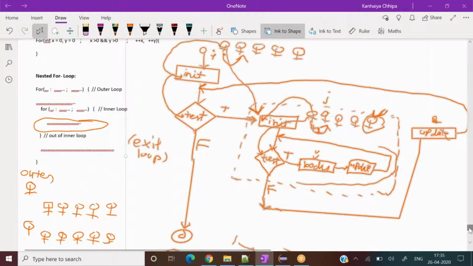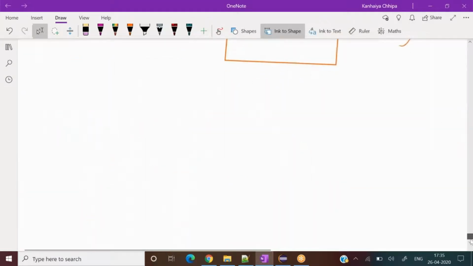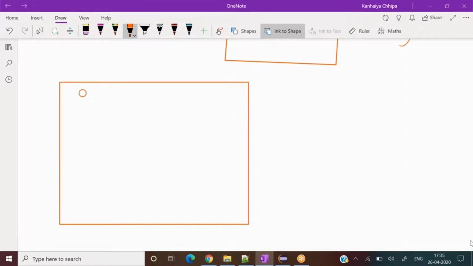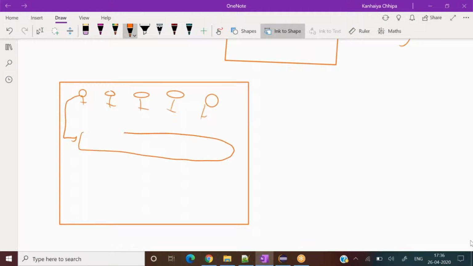If I draw one more time so that we make our logic concrete. So again I draw it. Outer loop, these 5 guys are here. For the first one, the check is done, and inside the inner loop all 5 are executed, 1 2 3 4 5. Then once it is done, it becomes false, and it has incremented to here.